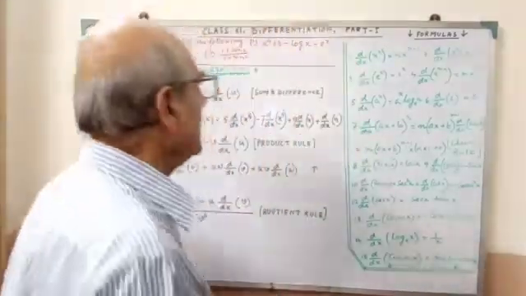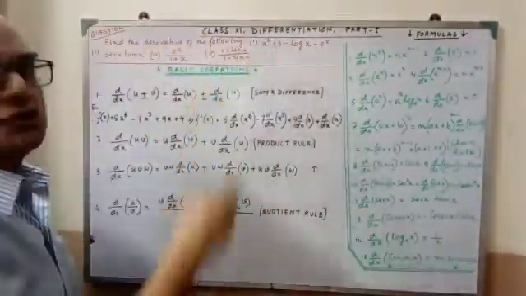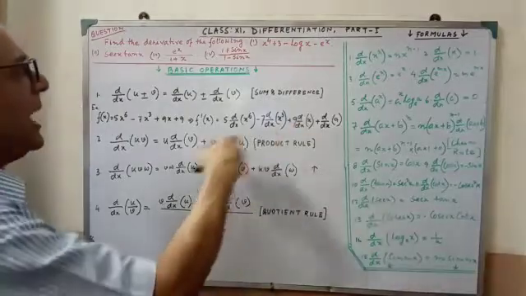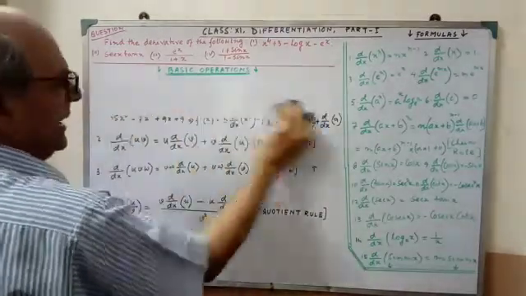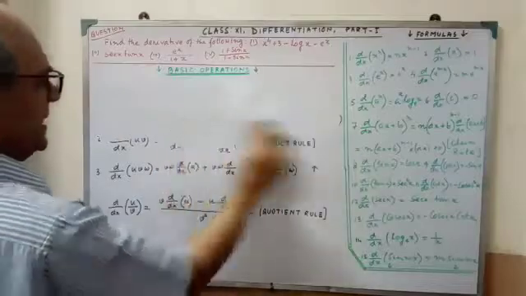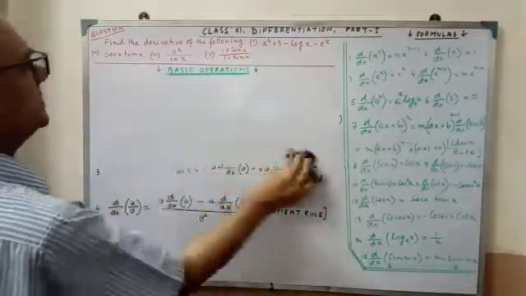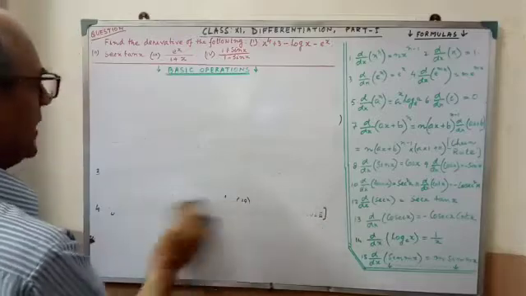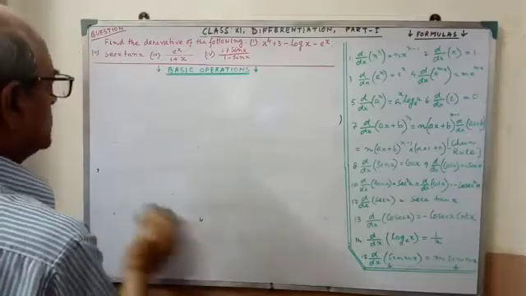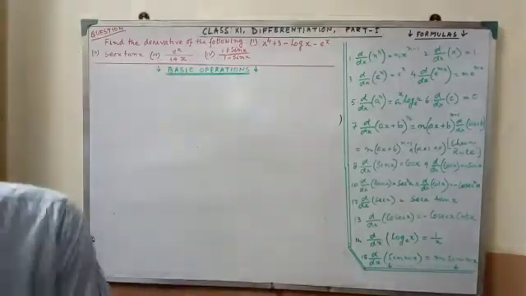Now I am showing some solutions on the basis of formulas and basic operations. Please pay your attention; I think you will easily understand. First sum: find the derivative of the following: x to the power 4